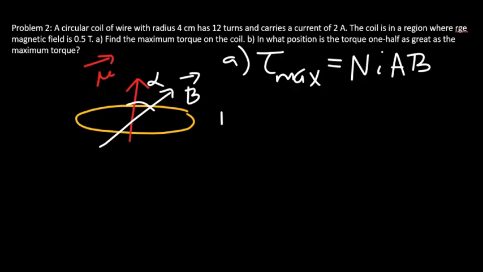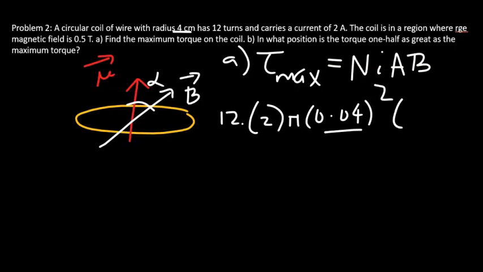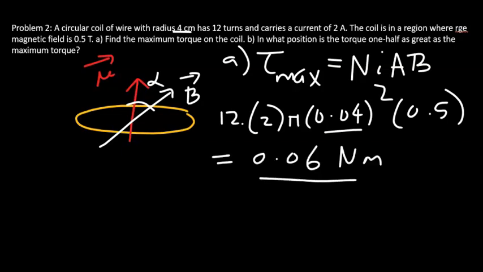Substituting all these numbers, N is 12, current is 2, the area is pi times 0.04 squared, because it's given in cm, we are converting it into meter. The magnetic field is 0.5 Tesla, and that's going to give you about 0.06 Newton meter. Part B asks, in what position is the torque 1/2 that? So 1/2 the maximum value is about 0.03, and that happens at